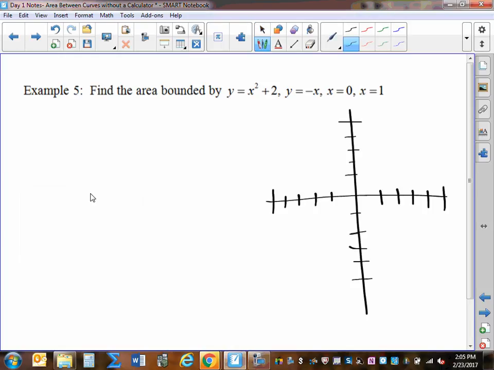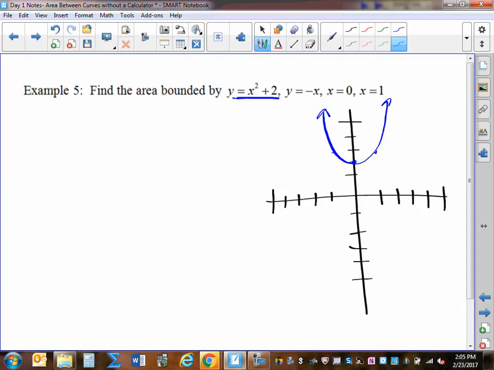So we should have a parabola, so x squared plus 2. So this is probably where you want to use some colors to help you distinguish. Now, on the AP exam, unfortunately, you can only have a pencil and a blue or black pen, so you don't get to use all kinds of fancy colors. But I think it'll be helpful now as we start out. So this is a parabola shifted up 2, and so it's going to look something